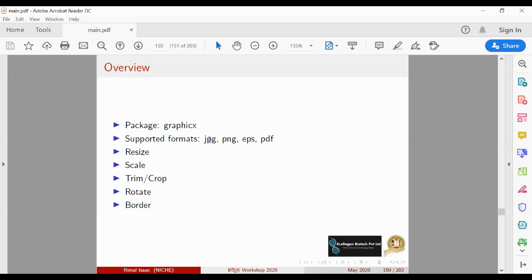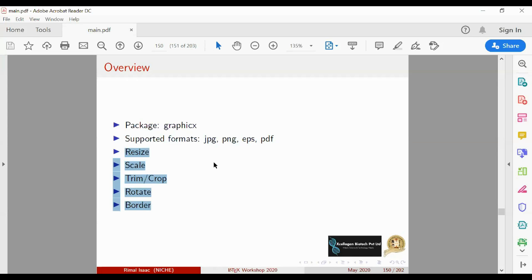So you can convert your images into any of these formats, and then you can use them. In LaTeX you can do all these commands. You don't have to open your image in a separate editor to resize or scale, trim or crop.